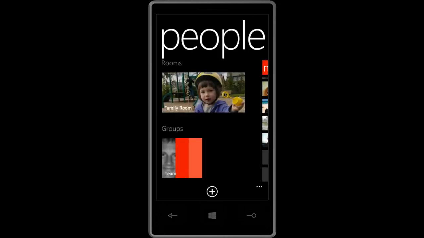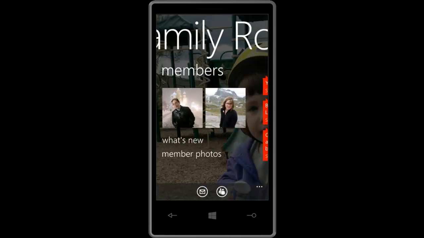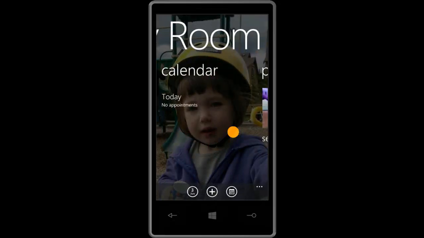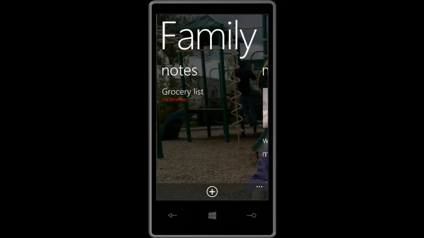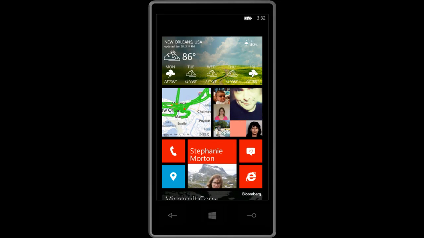But Rooms, this new feature in Windows Phone 8, is even more compelling because what Rooms does is it gives you the ability to very quickly configure dynamically on the fly in the back end a SkyDrive space storing shared notes, your membership information. You can have messaging with this group, and you can have a calendar that you share, and photos too. So this is tying together everything that we offer in one. So it will automatically generate this room, which is essentially a folder on SkyDrive that everyone can access directly from the phone or through a web browser, online, or on any other device with a web browser too.